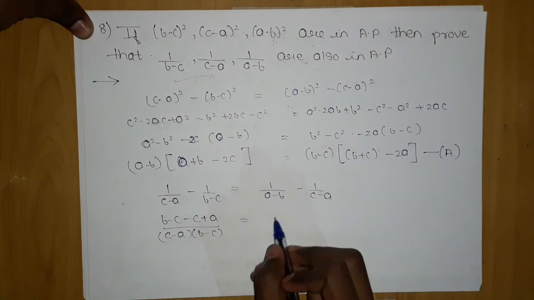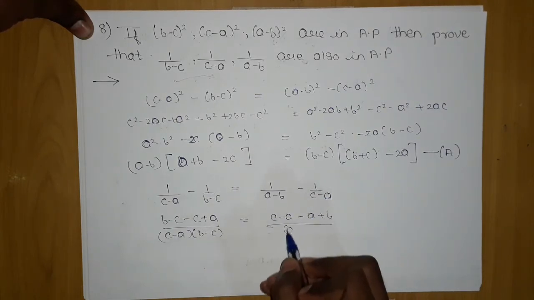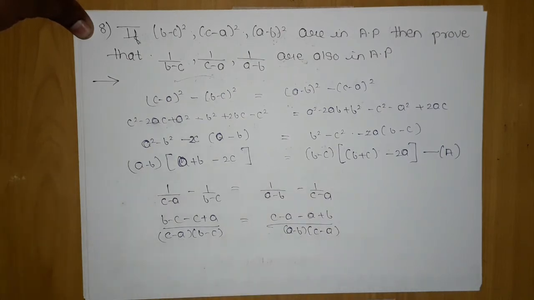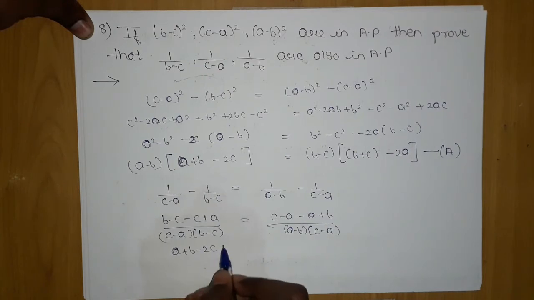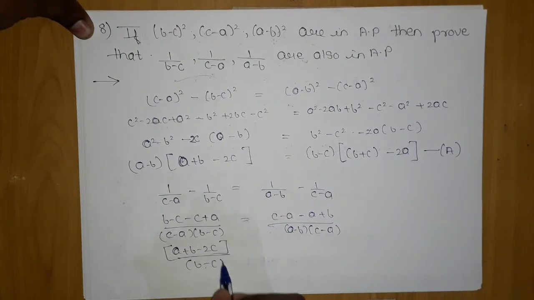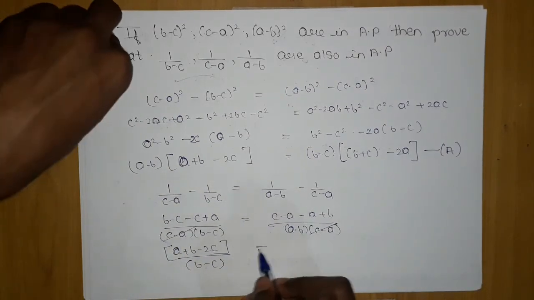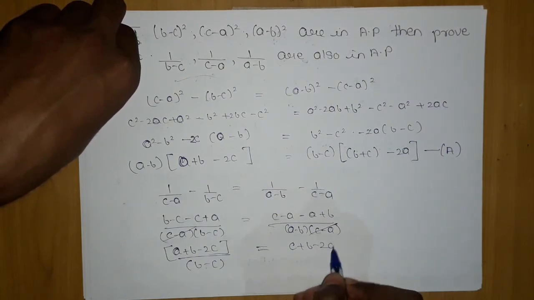This should be equal to c minus a plus b upon (a minus b) into (c minus a). So c minus a will cancel out from both sides. Here I have a plus b minus 2c upon b minus c, and here I have c plus b minus 2a upon